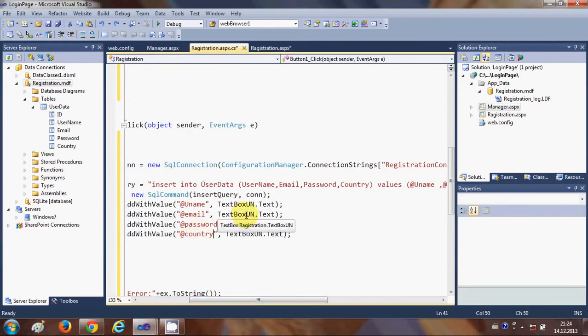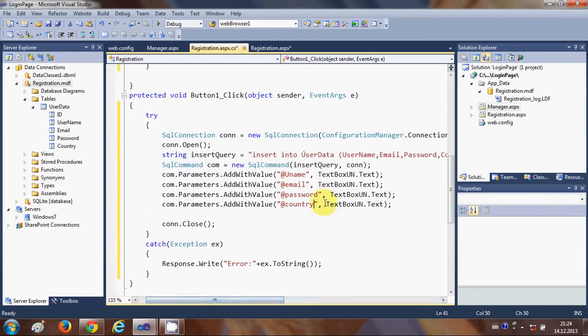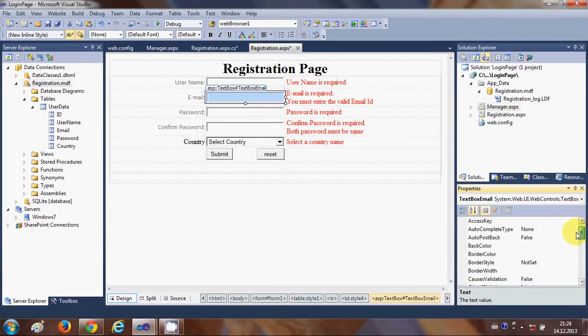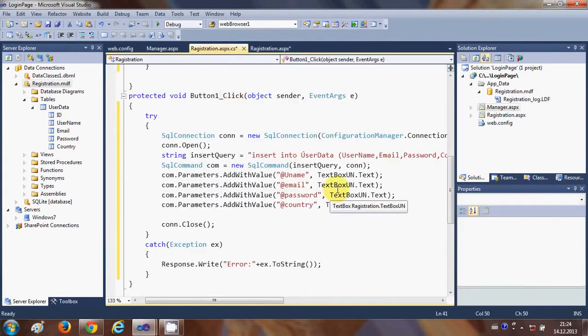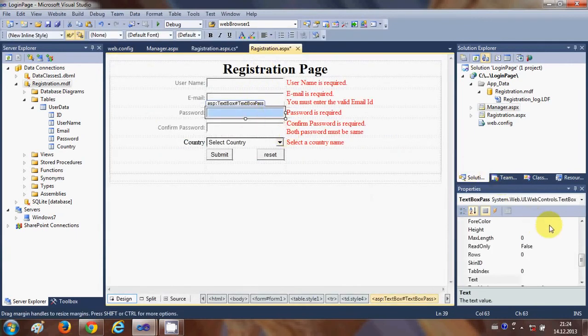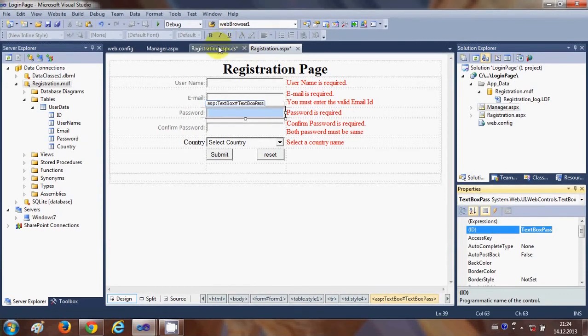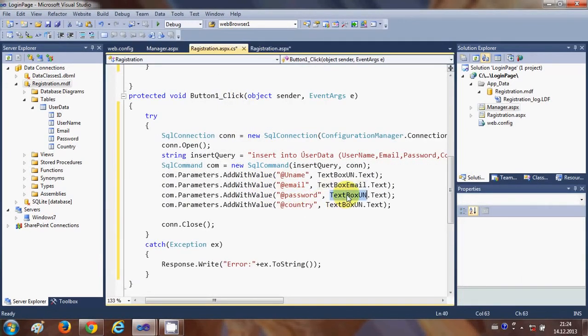Just copy it, and in all these we also need to change the text box names. So the second text box name was text box email, so just replace it here. Third text box was text box password, so paste it here,